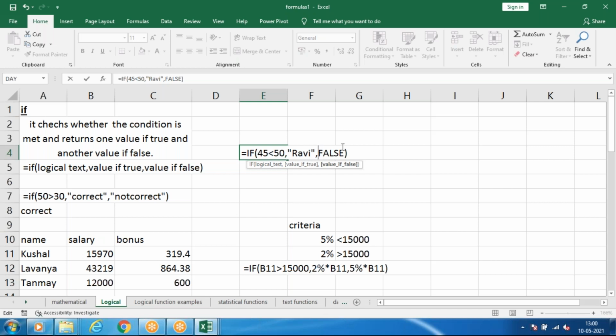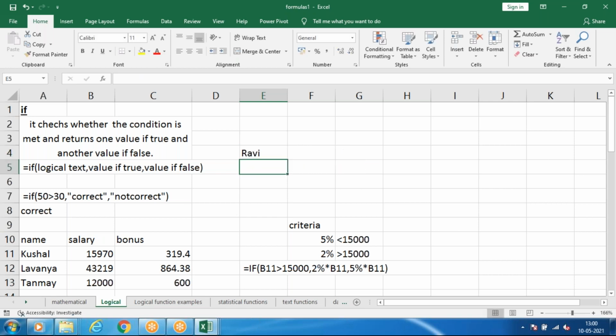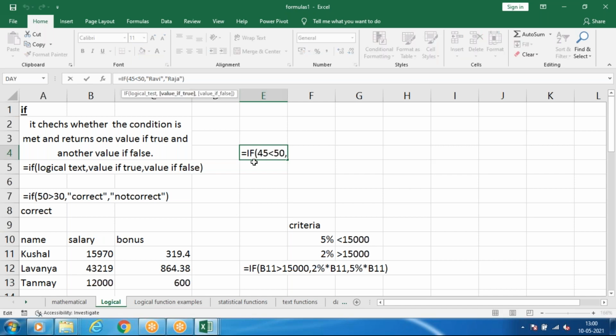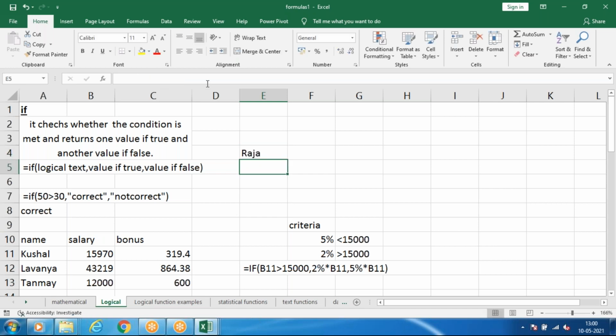If the condition is false, it has to give Raja. That's it. The condition is true, so it is printing Ravi. If the condition is false, it is printing Raja.